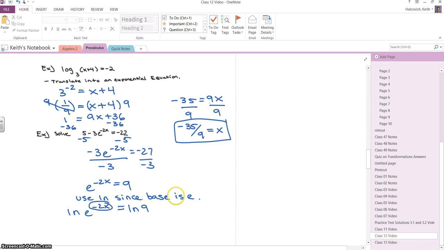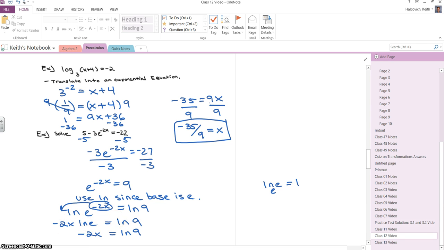Remember, the exponent rolls to the front of the log. So we have negative 2x ln e equals ln of 9. Now remember, the ln of e is equal to 1 because the base and the answer are the same. So we get negative 2x equals ln of 9,